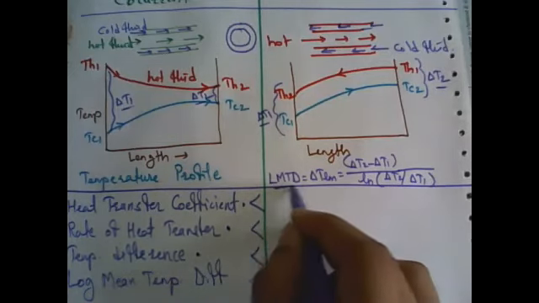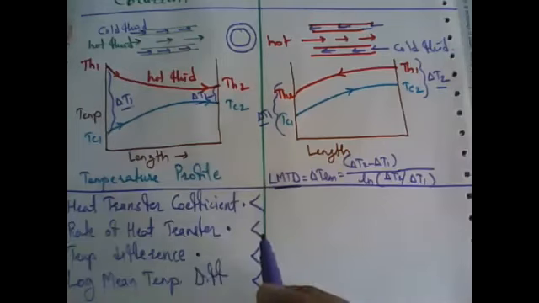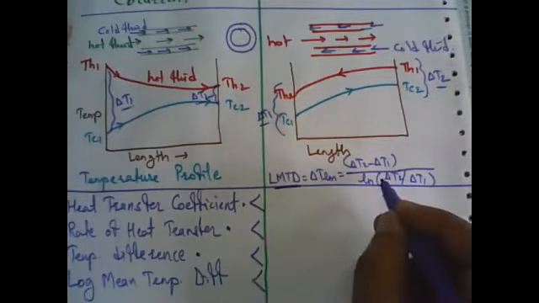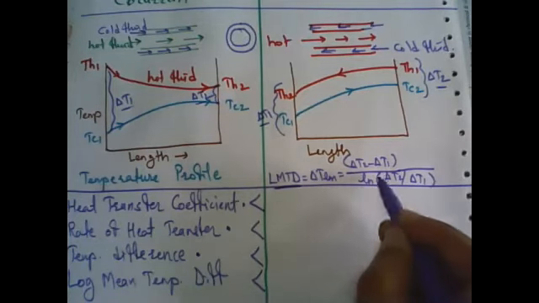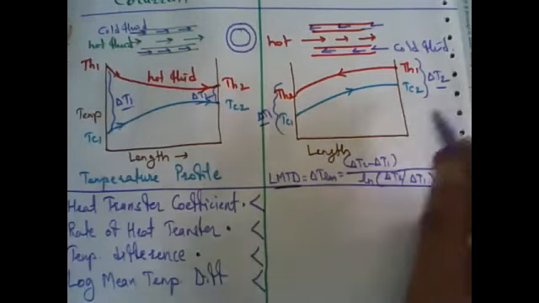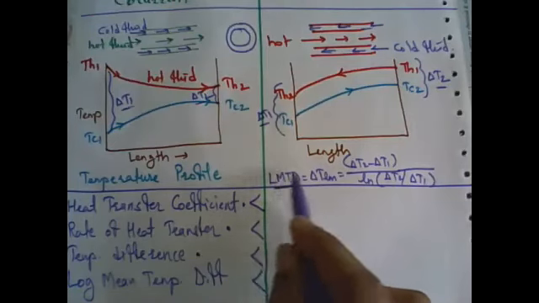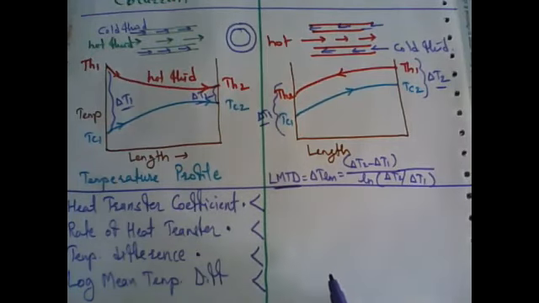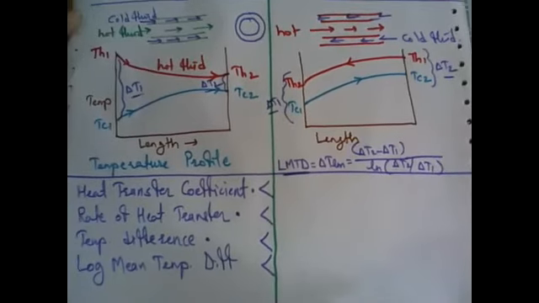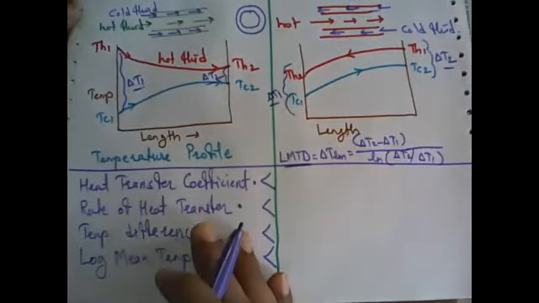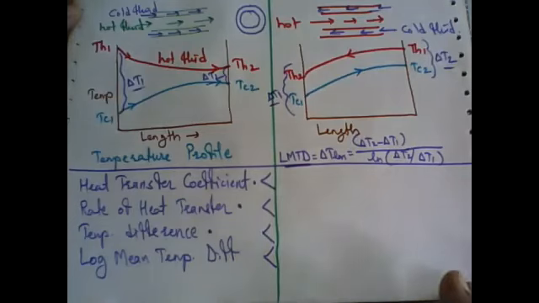One of the bases is simple, that is LMTD calculation. We have to calculate the delta T1 and delta T2 values, and on the basis of that calculate the LMTD. In the conclusion, we can show that the LMTD value of counter current flow is this much and the LMTD value of co-current is this much, and on the basis of these values we adopt counter current flow as LMTD is more.